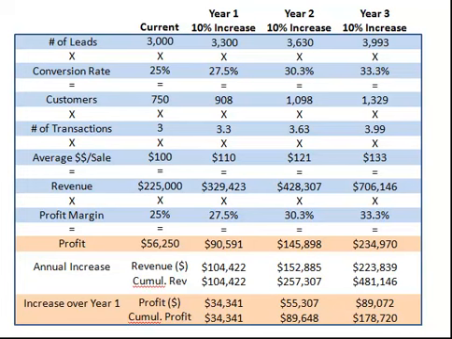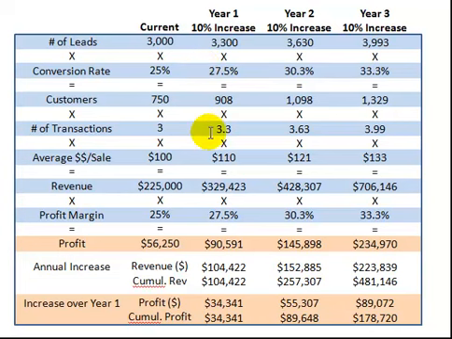Now, remember we talked over here when we talked about increasing the number of leads, increasing the conversion rate, increasing the transactions and the average sale amount. Let me just go back and talk about that for a second. How long would it take to make a tweak in an ad or run another ad or have another marketing campaign? You could do that almost overnight, couldn't you? The conversion rate, how long would it take us to get just 2.5% better? What are we saying to the customer? What are we doing for that customer? What are we doing to make it so compelling to buy from us that they can't say no? All we're looking for is a 2.5% increase.